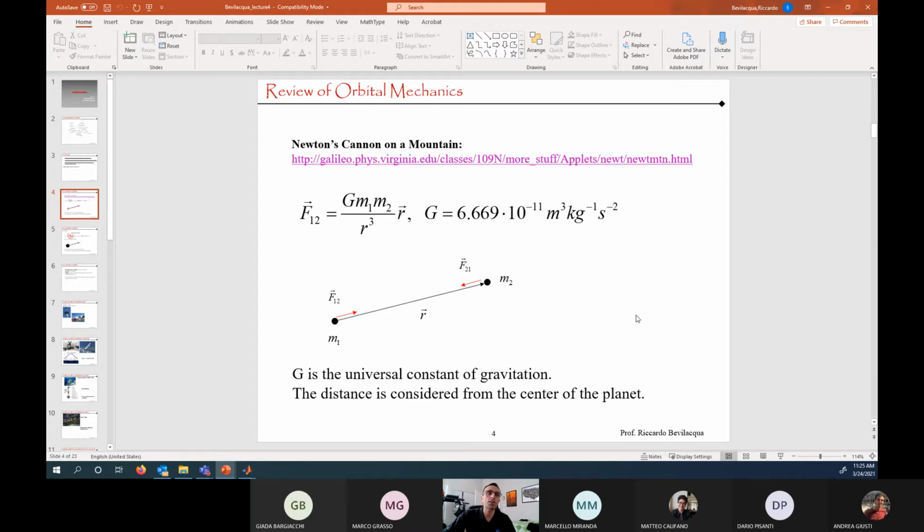So this law is valid not only for point masses, but it's also valid for objects that are basically spherical, with a uniform mass distribution. So M1 doesn't have to be a point mass. It could actually be a planet that is spherical, and the mass density is constant basically throughout the sphere. How do you prove that? It's quite simple. You would basically apply a similar force for the infinitesimal masses